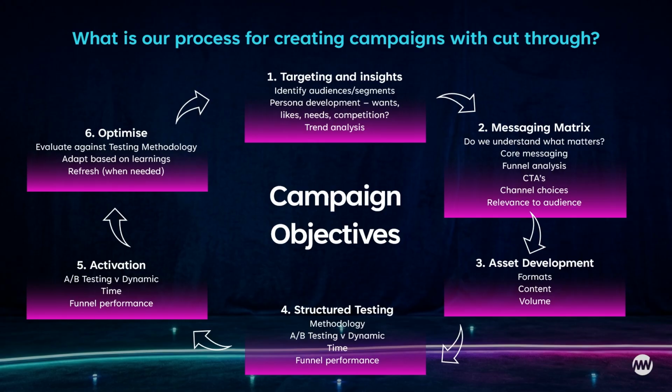Then we always look at messaging. So your messaging should pivot off a proposition, should be designed to appeal to your audience and designed to achieve the goals of the campaign. Then you get into asset development, thinking about the different formats you could be using, then thinking about how you're going to test that. Talk to the media team, who might sit on the other side of the room to you, but make sure you talk to them. Having a good approach to A/B testing and thinking about how you use different variants is critical.